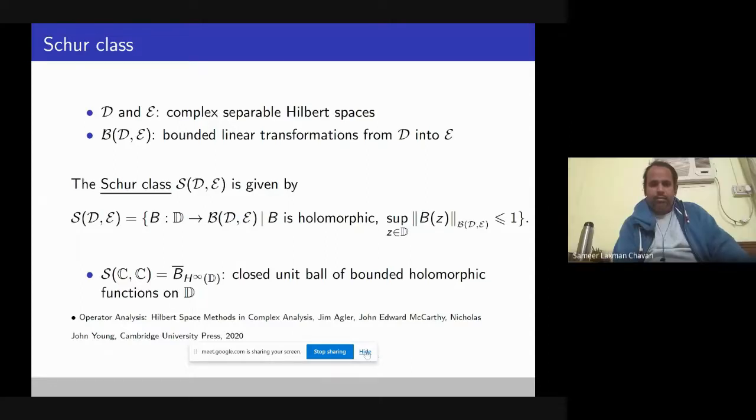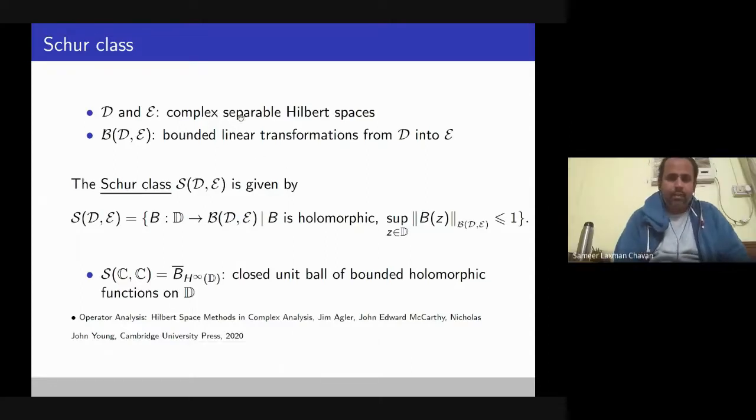So the setup is obviously we need Hilbert spaces. So D and E are complex separable Hilbert spaces. One can think of C^N, finite dimensional spaces, or little L2. That would be sufficient for this talk. And this B(D, E) is the collection of bounded linear transformations from D into E, and then we define